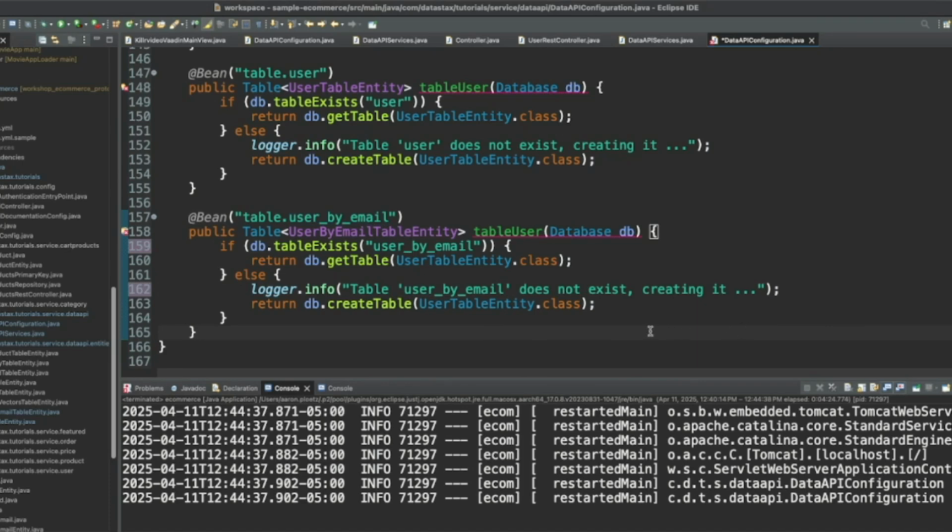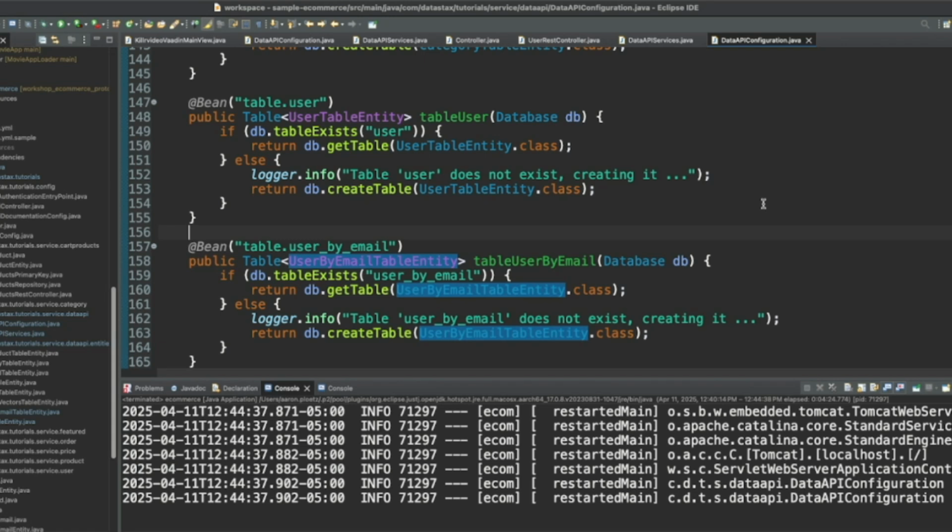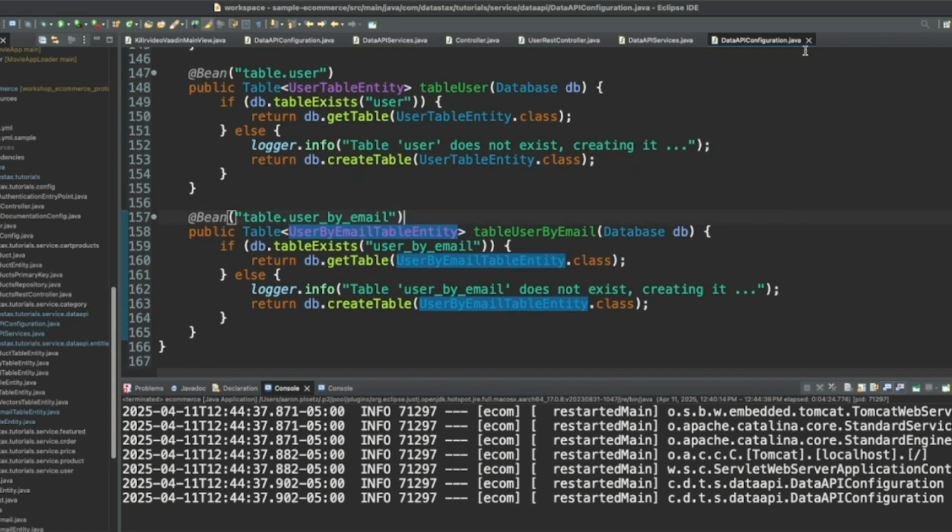User by email. There we go. And let's also get our correct entity class down there. Okay. Now we're okay. All right, so that's our Data API configuration.